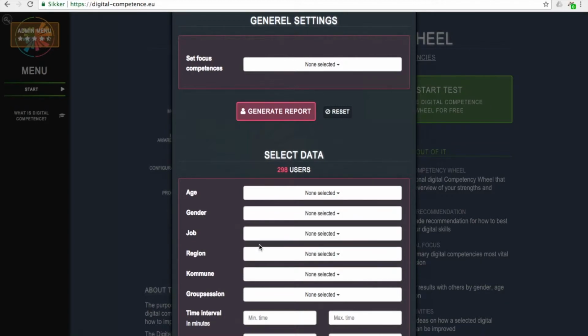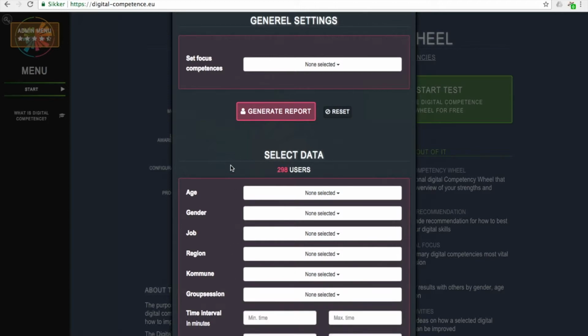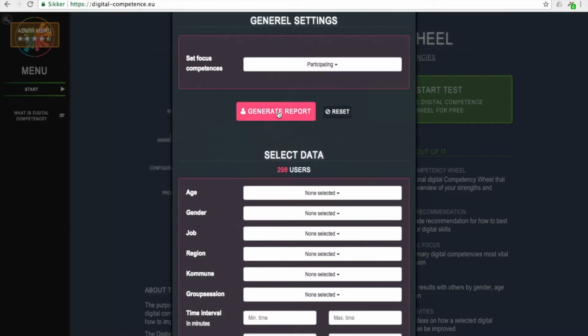You can choose users with a certain job type, or you can select certain groups that you have created. In addition, you can set a focus competency that will be highlighted in the report. So if you think it's particularly interesting to work with, let's say, participation, you can select that and generate your